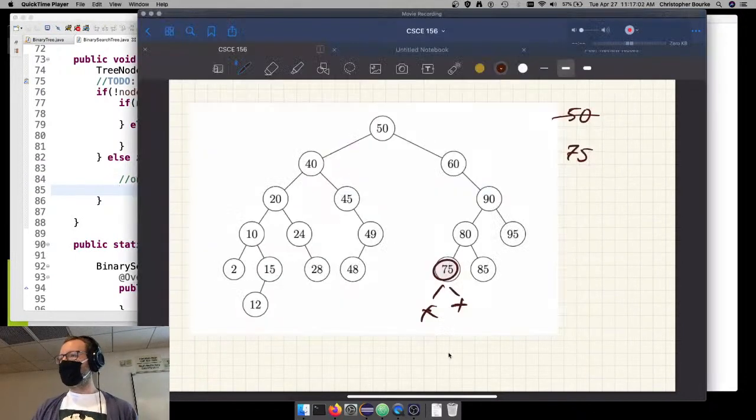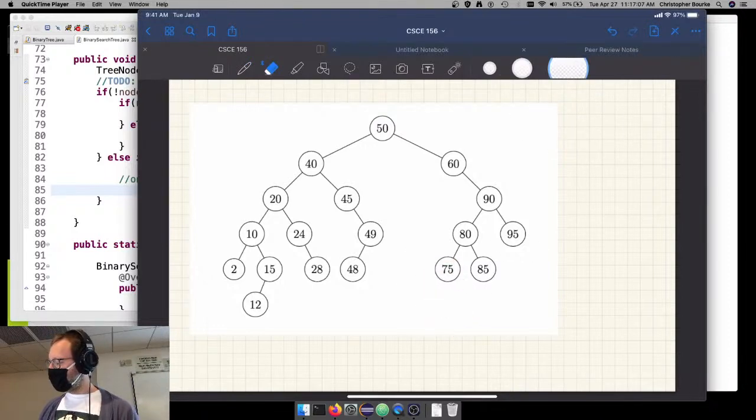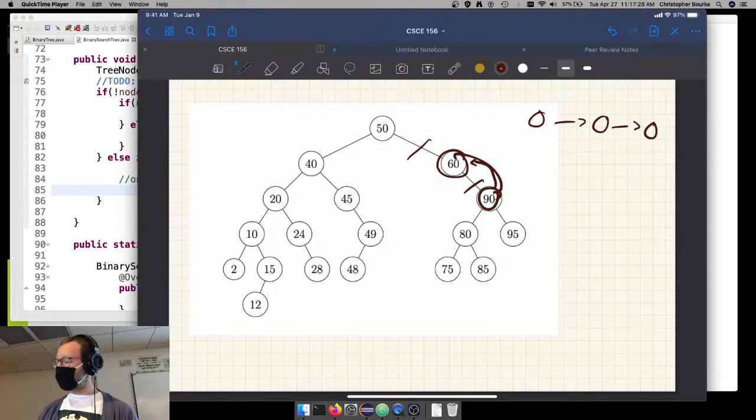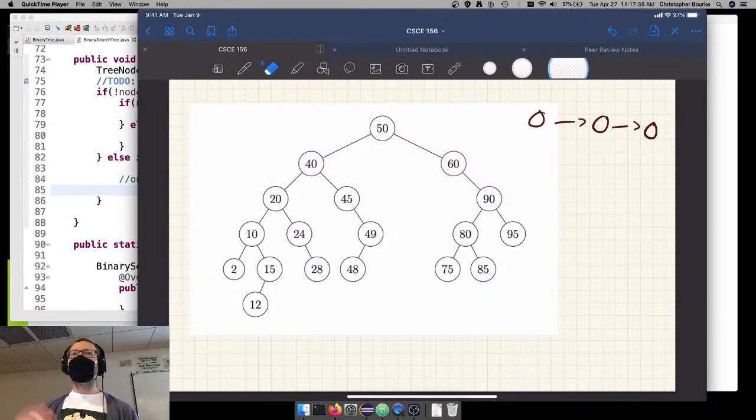Let's go ahead and visualize this. If I only have one child, what does it look like? I want to delete, say, 60. I promote 90 up to 60. Basically, I'm cutting these two ties just as if it were a 3-node linked list. Right. The problem here is, though, again, brothers and sisters, I have none. This man's father is my father's son. I have to determine, am I a left child or a right child, right? And then I can make the appropriate